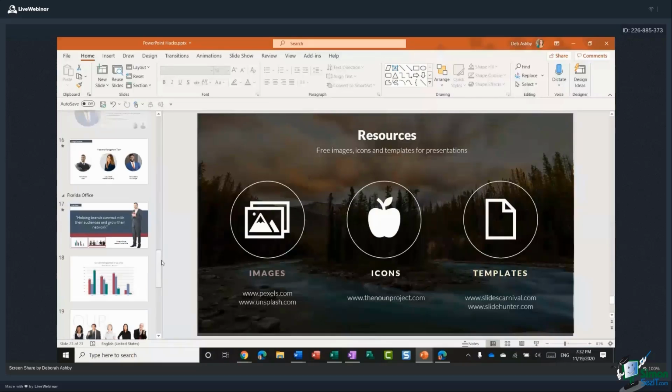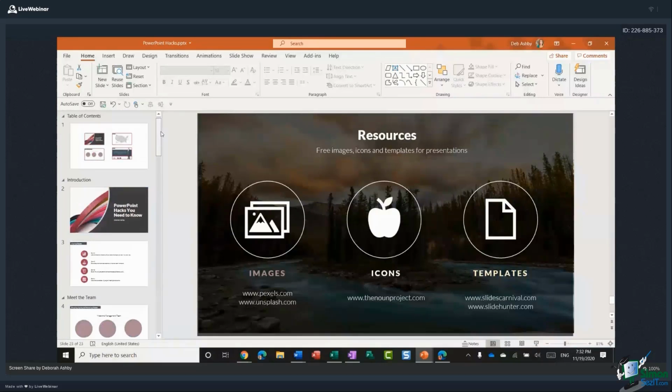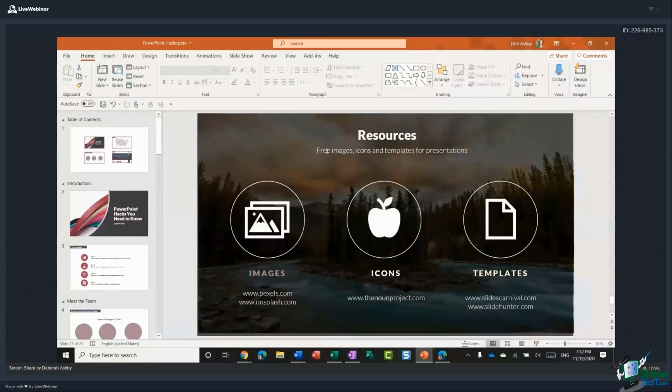So that is pretty much it. I think we had more than 10 tips there, but hopefully you can see, as I said, you don't really need to be a designer. I always start out with an image in the background, I apply my transparencies, I add in some icons, and then I tend to think about the colors that I'm using and also my fonts. And more often than not, I can put together something that looks really effective and really different to other presentations that are out there. Quite often, a lot of the presentations you'll come across aren't particularly great. So follow these steps and you should end up with something that looks super cool.